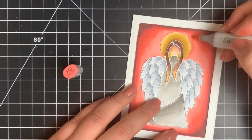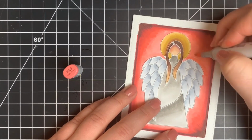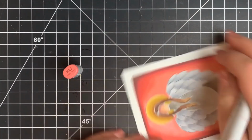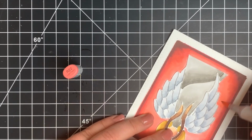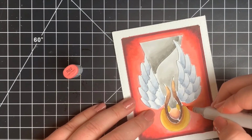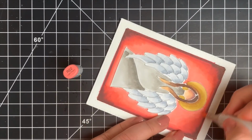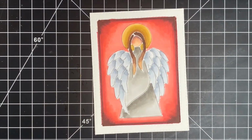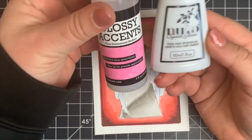So I still wasn't getting a great blend, so I went back in with that R24 just to extend that out a little bit further, and then back to that R22, and that seemed to blend a little bit better. When you're working with a large area like this, you may have to go back and forth between your midtones and your highlight color. So now that my coloring is done, and it looks atrocious, but I promise it'll get better,